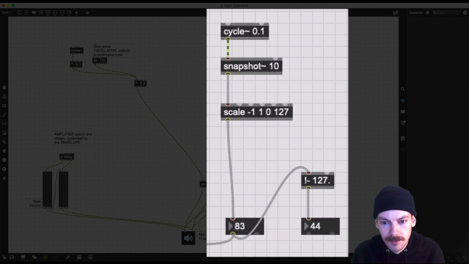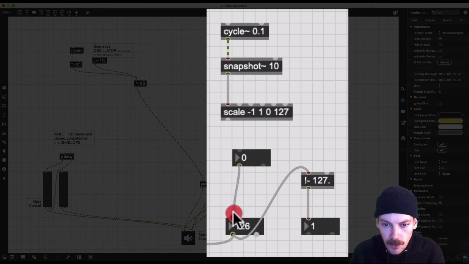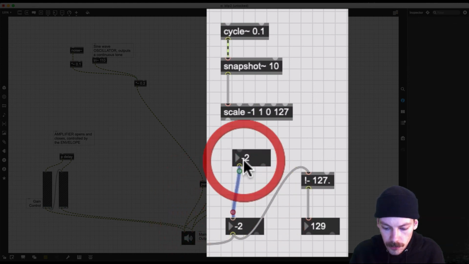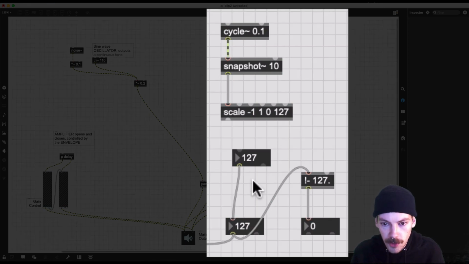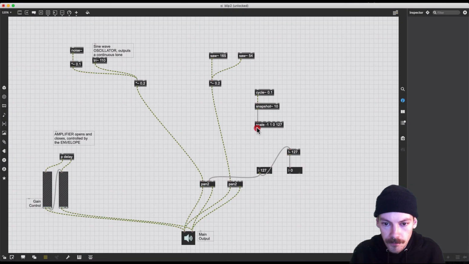Okay, so just a case in point, I would just want to show you this, make it very clear. While this number is set to 0, this is set to 127. And then when this left number is set, so signal A is set to 127, the other is 0. Okay? So now,